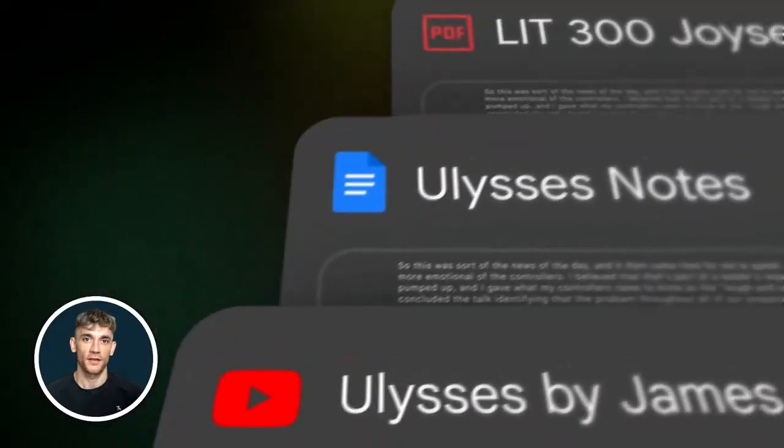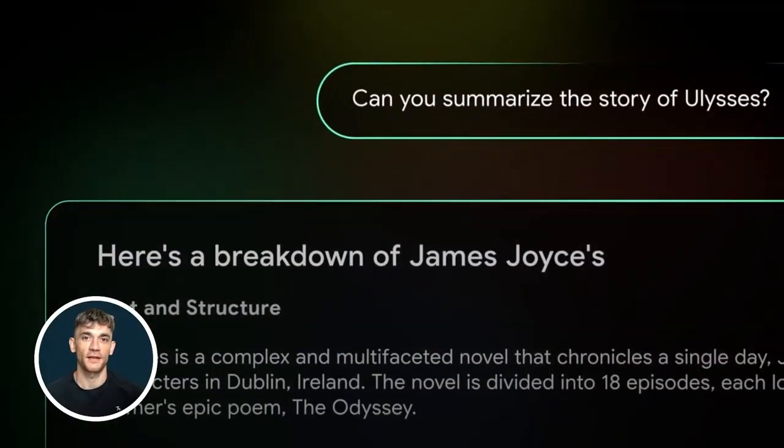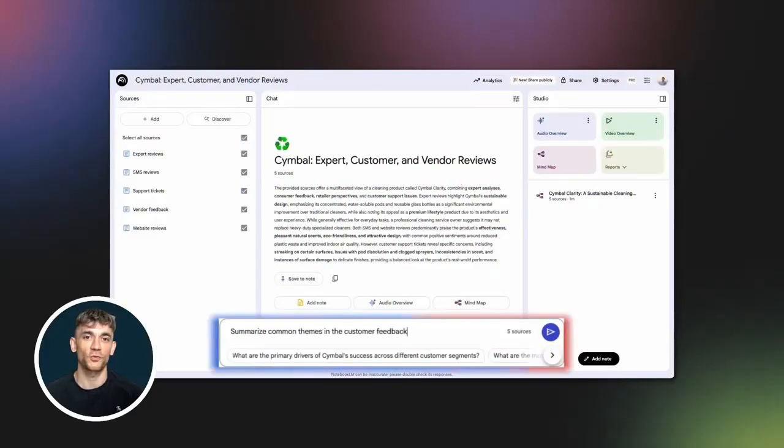Deep research. This is a big one. Previously, NotebookLM only worked with sources you uploaded. Now it can actively search the web for you. Give it a topic, it creates a research plan, scans sources across the internet, and compiles a structured report with